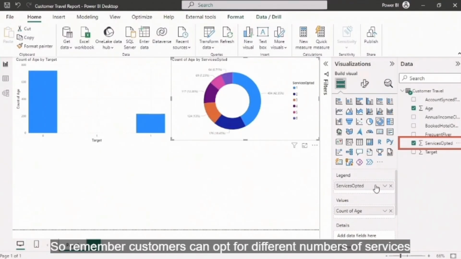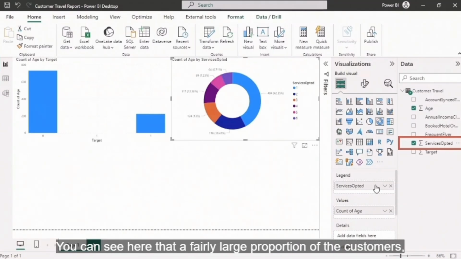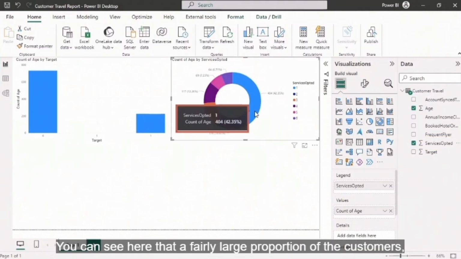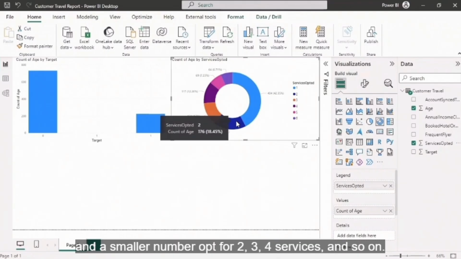So remember, customers can opt for different numbers of services, and I want to see what proportion of customers opt for what number of services. You can see here that a fairly large proportion of the customers, 42.35%, opt for just one service from the travel agency, and a smaller number opt for 2, 3, 4 services, and so on.